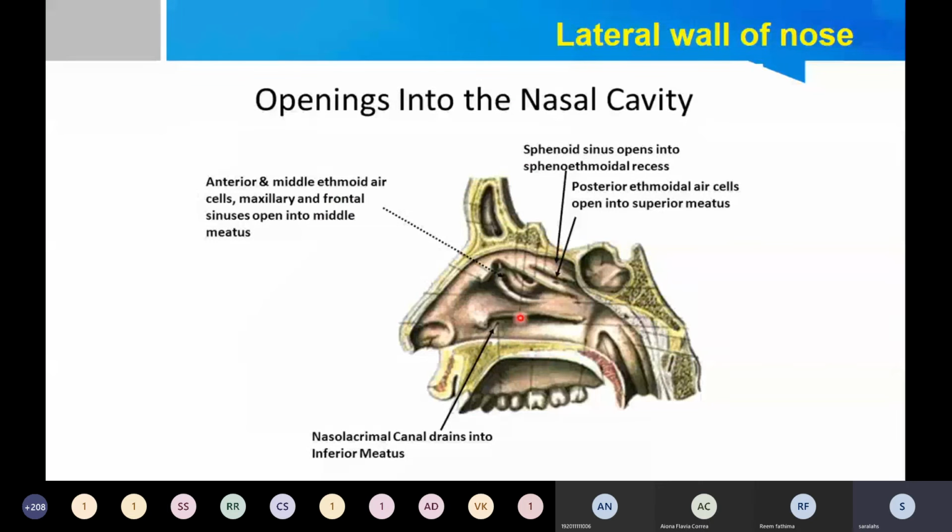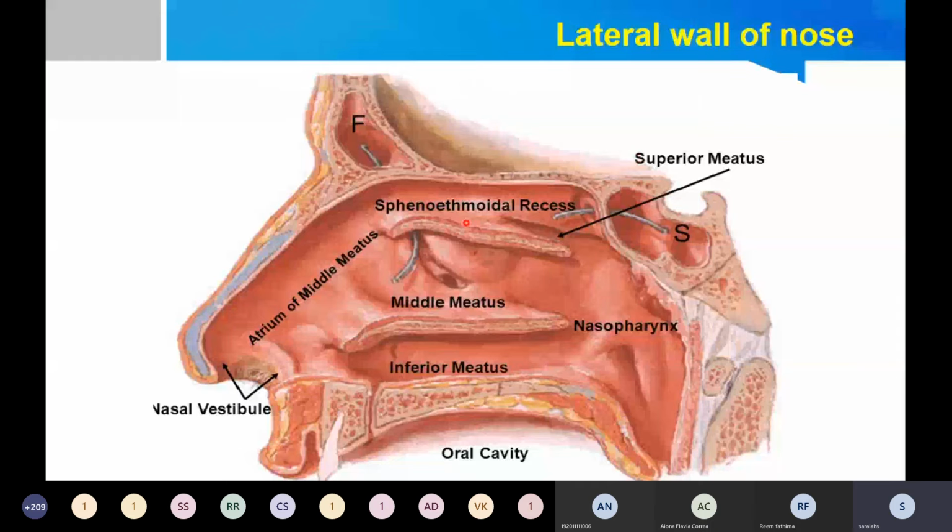Okay, this is again a picture showing the meatus and the openings of the paranasal air sinuses. This is the opening for the nasolacrimal duct. Frontonasal duct, nasolacrimal duct. So it is clear to you now. This is concha, middle, inferior. This is the superior. This is the sphenoethmoidal recess. See there, sphenoidal air sinus is opening into it. This is frontal sinus which opens into the infundibulum. This is bulla ethmoidalis. This is the nasopharynx. This is the opening of the auditory tube.